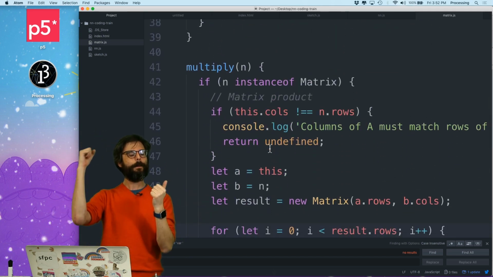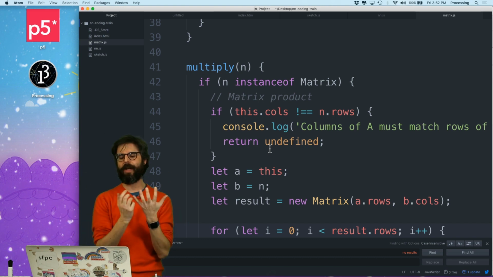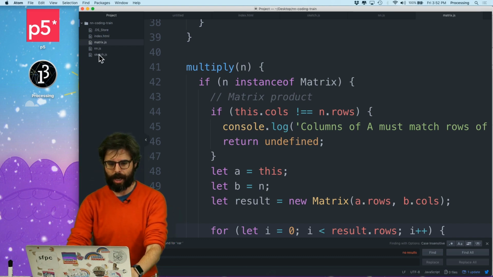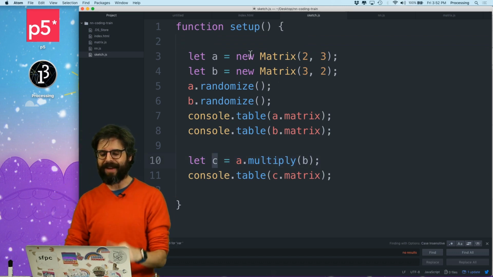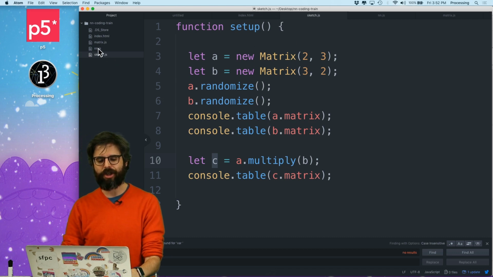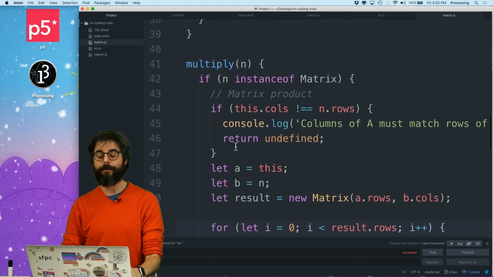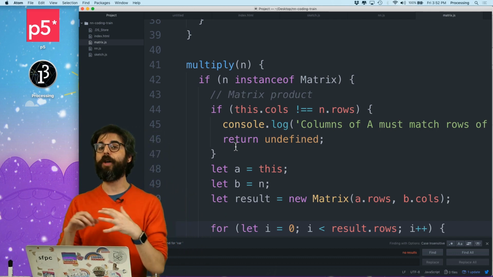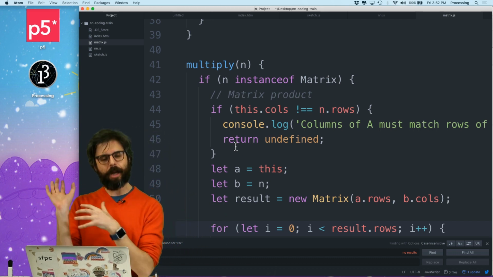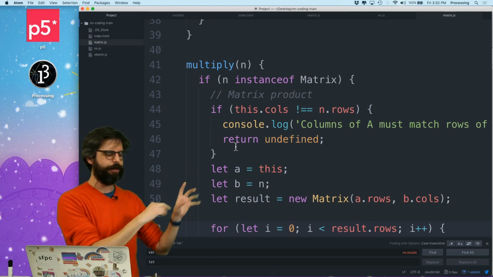When I say A multiply B, I don't change the value of A. I create a new matrix object and return that value. So I probably should refactor the library to do that matrix product in a slightly different way. And I could use something called a static method. So I'll come back maybe in a later video when I refactor this a little bit, but I wanted to